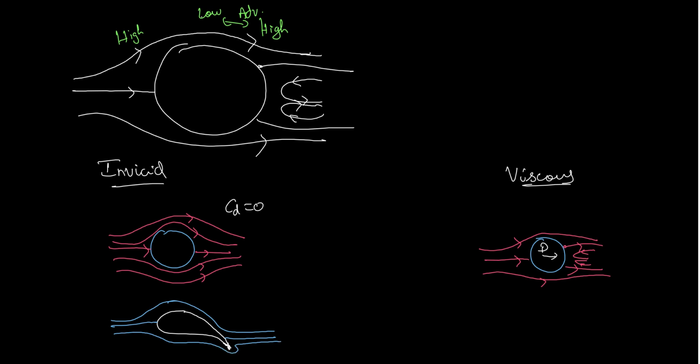So these are my two stagnation points, and if I observe closely at the trailing edge, I can see that the flow is turning, which means there is a high adverse pressure gradient here. But because we are assuming it to be inviscid, the flow cannot separate from the body, and it needs to turn and go again. This cannot happen, and this does not happen in reality also. We've already illustrated this case in our first video, and we'll look at what specifies this condition exactly.